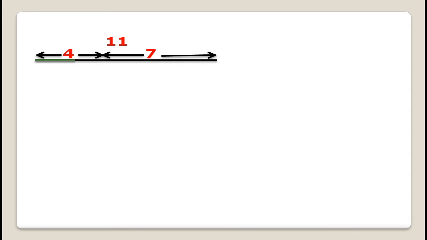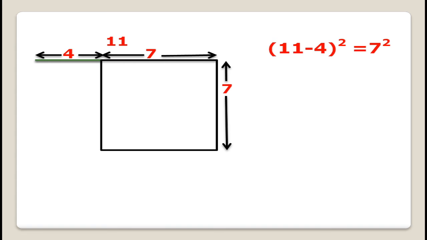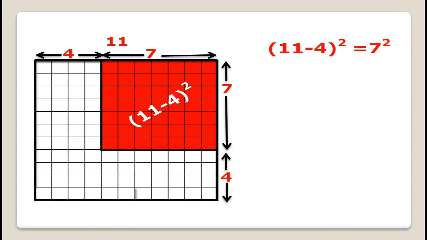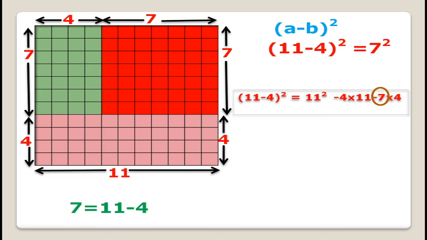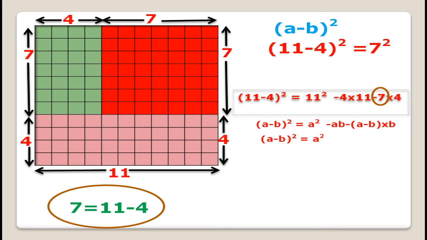The third possibility we can check by extracting 4 from 11, that is 11 minus 4 whole square, and here we have 7 square, that would be 49. Now again we divide the area into two rectangles to extract it from the original square, that is 11 by 4 and 7 by 4. When we subtract these two values, we have the third variable 7. We express in terms of A and B, that is 11 minus 4, that is A minus B. Again we have the same answer, that is our result.